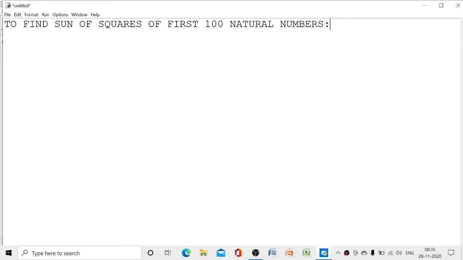Okay, so here we are going to start with our next program, that is to find the sum of squares of the first 100 natural numbers. This is our next Python program, our ninth Python program. Am I correct? Yes. So here we are going to find the sum of squares of the first 100 natural